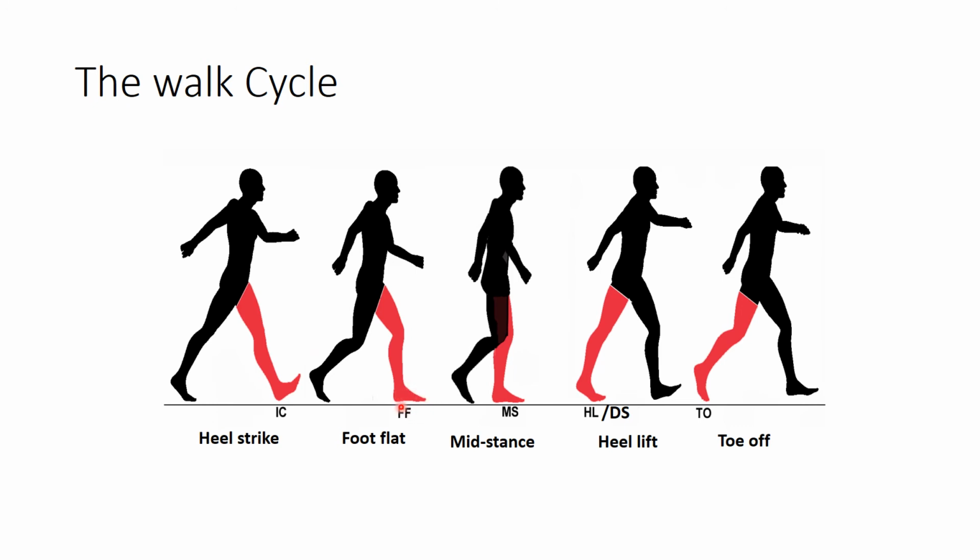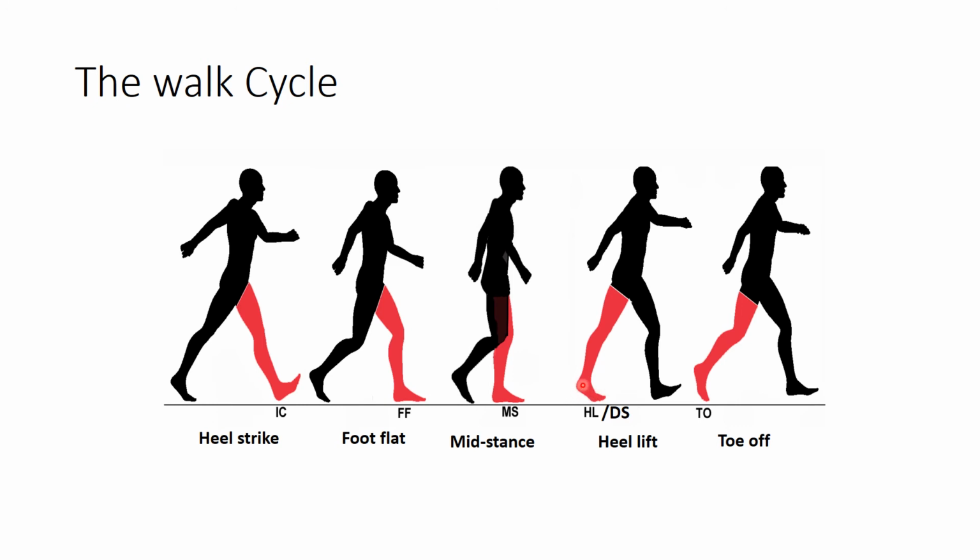Next, the whole foot is planted on the ground, where the heel as well as this lateral margin and the anterior pillar both are on the ground. So this is known as foot flat. Still the foot is forward, body is behind. Now in case of mid stance, the whole foot is on the ground and the body is in line with the planted foot. Then with this heel lift, the contraction of the long flexor tendon has started.